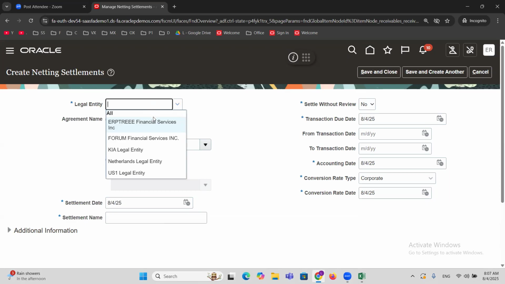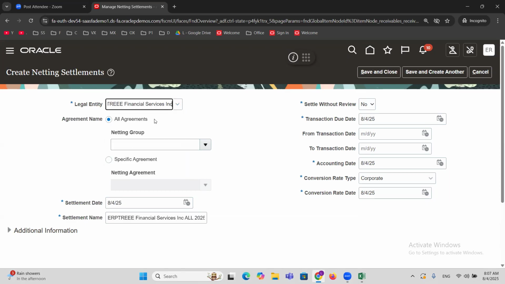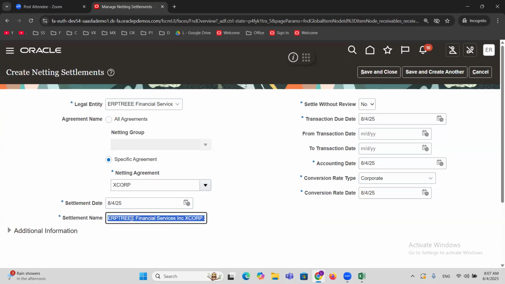Select our legal entity and select our agreement here. This specific agreement. Select X Corp, which is our agreement which we created. If you want to update the settlement name, yes, you can update. I want to take the agreement name as the settlement name,